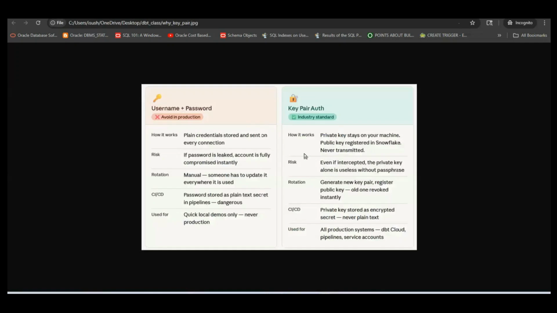So that is the intention behind showing you how this key pair authentication should work and how you are going to authenticate DBT Cloud using that key pair authentication. Yes, I'll share this. I already shared yesterday, but I will share again in that group. Okay,